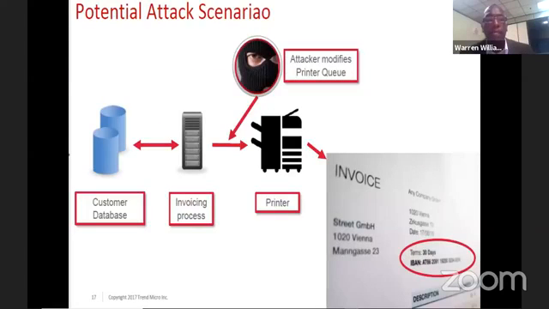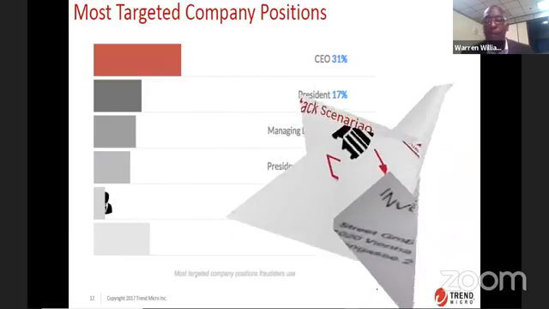Right, so potential attacks, as we said, this is just a scenario to show you the business process compromise. You see a customer's database there. They process their invoice through their printer. Based on the invoice there, the attacker modifies the check before it gets to the printer, changes it, and of course, the money that is being paid is siphoned off to a different account. It changes that, as Linton said, as part of the forensic examination. They may change a 1 to an I. They may change letters or something. So look for all these things in doing forensic examination to get evidence.